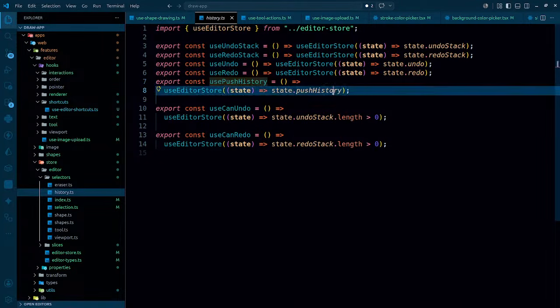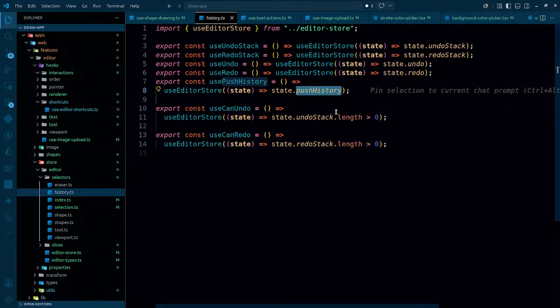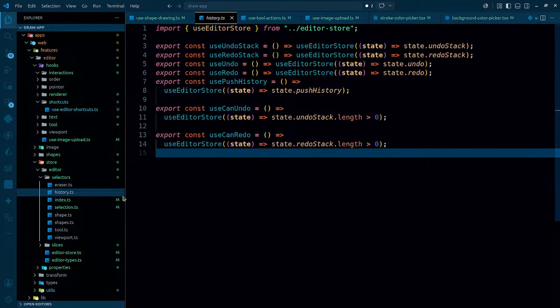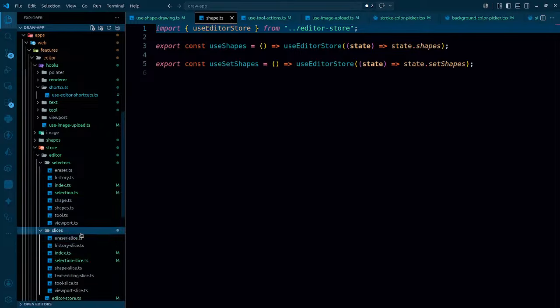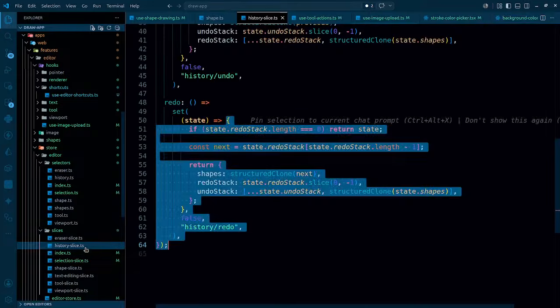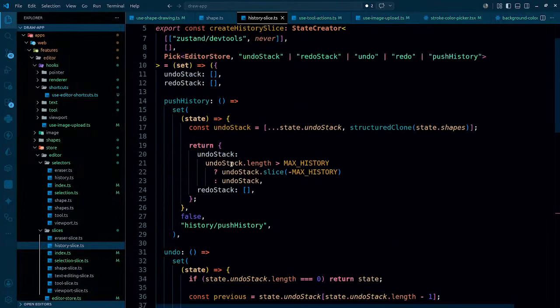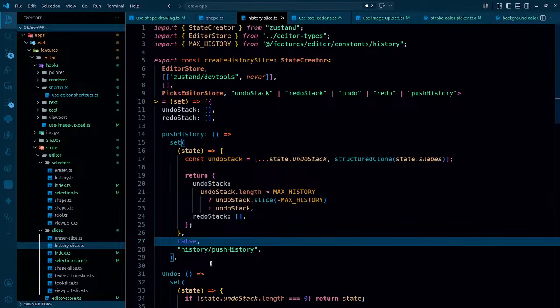So state.pushHistory, as the state.pushHistory we have in here. So time to go to shape, not shape actually, slice, and there should be history slice,